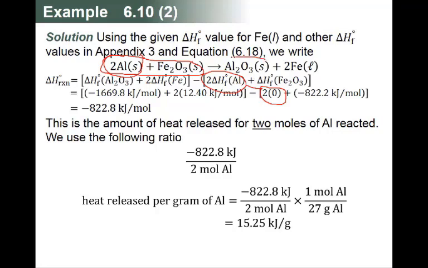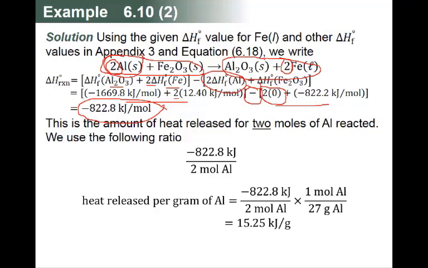This is the aluminium oxide, and molten iron is the product. So you say products minus reactants, so the products will come first: aluminium oxide and the molten iron. Remember the balancing. This 2 must be there, multiply by 2, and this 2 also multiplies by 2, but it is 0, so multiplying by 2 does not affect it. But remember this 2. So just the 3 values which are already given, and the 4th value is 0. Just make the total of the products and the total of the reactants and take the difference. This will give you the answer.